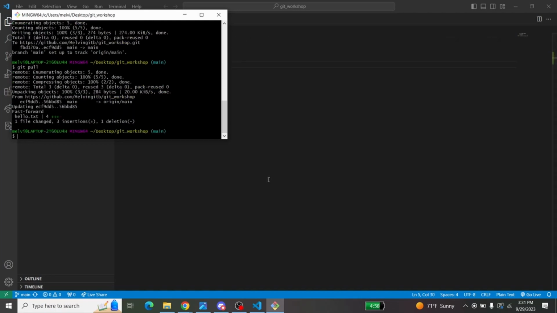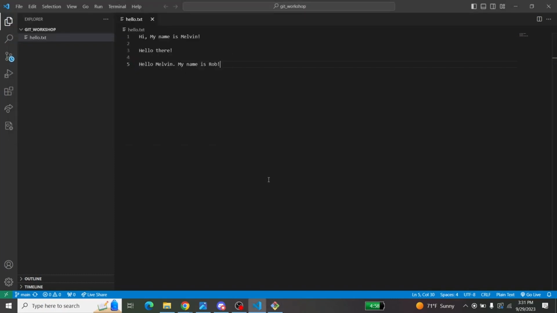And there we go. So you can see 1 file changed, 3 insertions, 1 deletion. Now if I look back, now I have everything. I have all of Rob's changes and all that. And yeah, I think that covers all of the very basics of Git, like the bare minimum of what you